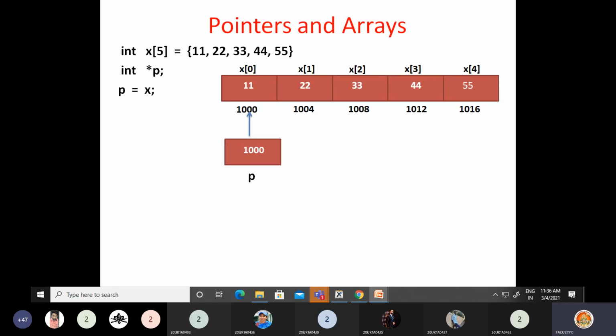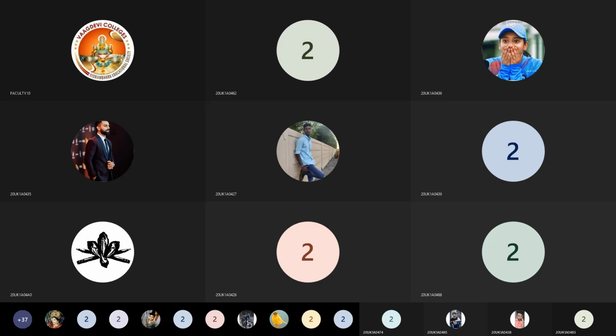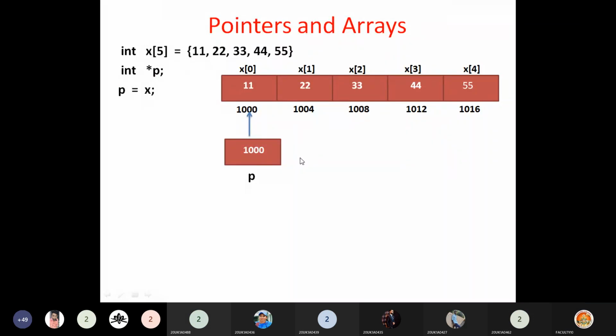Now see how I can access array elements using a pointer. Okay. So assume screen not visible. Why screen not visible? Yeah, is it clear now? Is it okay now?